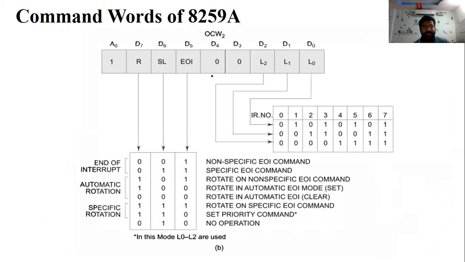So this OCW2 is nothing but the operation command word. See these three bits. Simply they can be represented in the opposite direction.